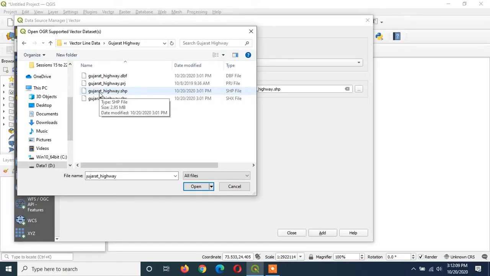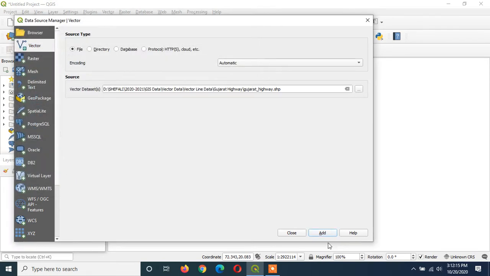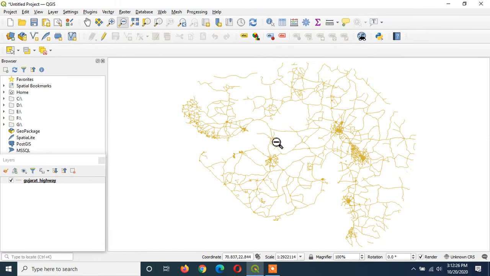But if you are adding this file from a zipped folder, it will not allow you to edit. So make sure that you are using the .shp file from the unzipped folder. Click on close. So this is how we can add vector line data.